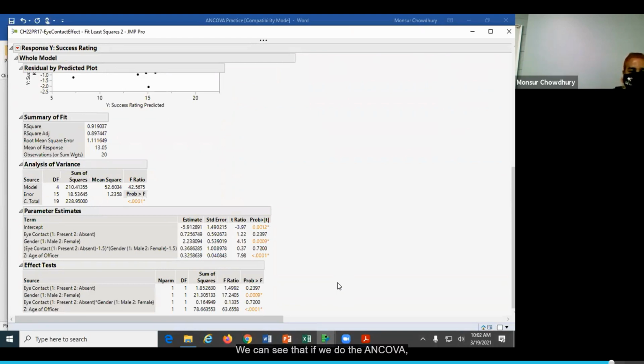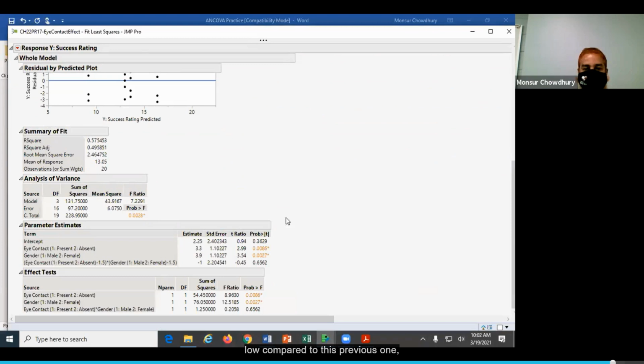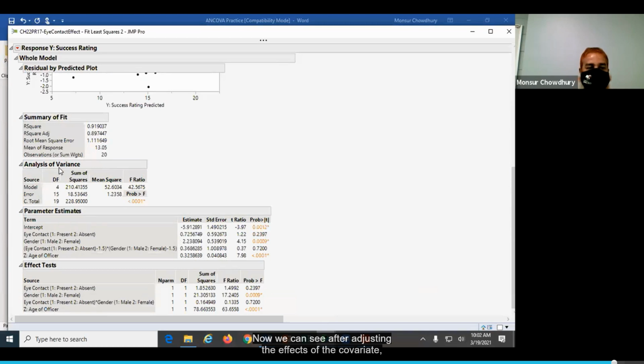So we can see that if we do the ANCOVA, R square is very high. This is significant, and the error term is low compared to the previous one. R square was 57, error term was 97.2. Now we can see, after adjusting the effects of the covariate, R square is 91, error term is very low. Okay?